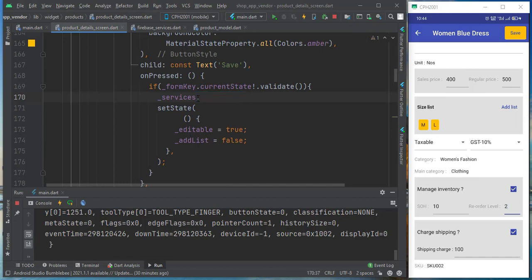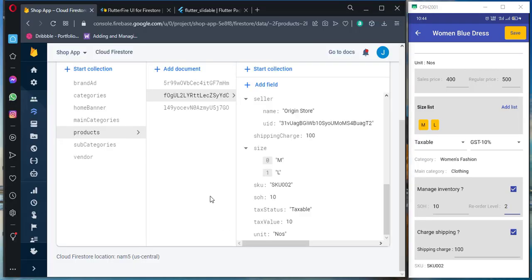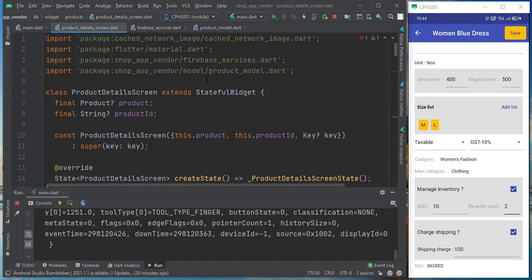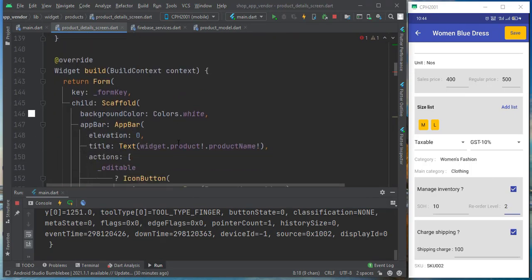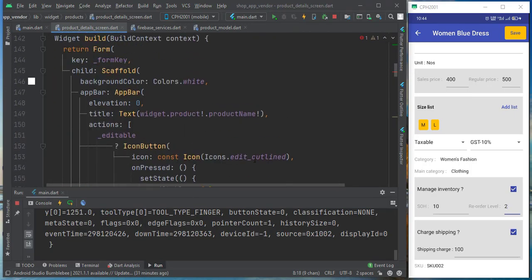So services dot products dot doc, we need to get a document id. For each product we have an id here, so only the particular id we want to edit, so we need to mention this id here. That id we have already brought in our constructor as product id, so we can say